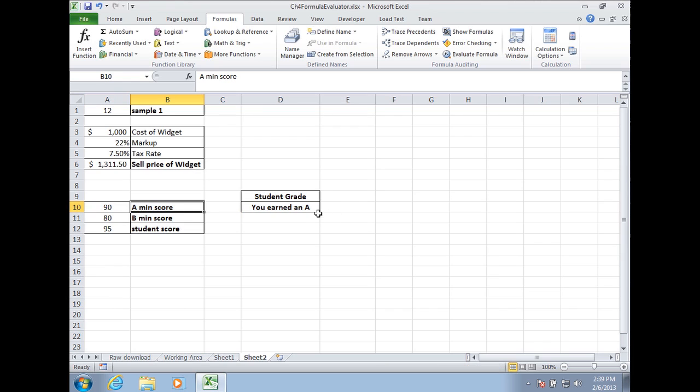Let's say that I need to calculate a student's score and assign a letter grade of an A or a B or something other than an A or a B. So if I have a minimum score for an A of 90, and a minimum score for a B of 80, and then I have the student score here at 95, and then I have a nested if statement that says